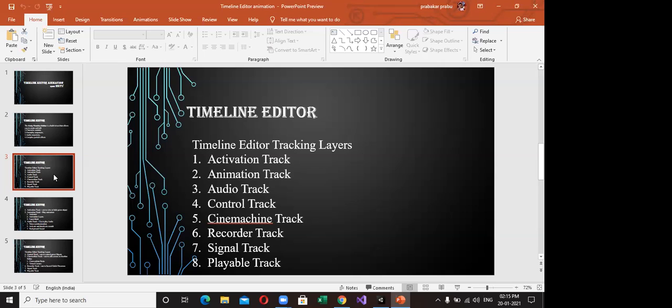Control track. In your game object, a lot of sub objects and sub meshes will be there, so in the control track we control the small sub meshes. And cinematic track means cameras: how to handle your camera using Cinemachine. That's why, to work with timeline, you have to learn about animation content and also Cinemachine.